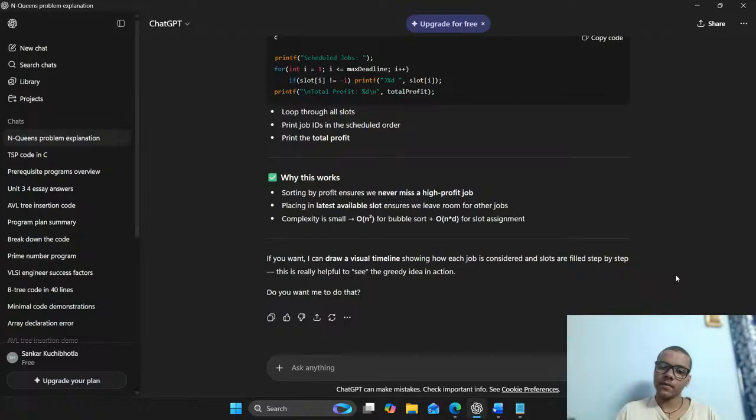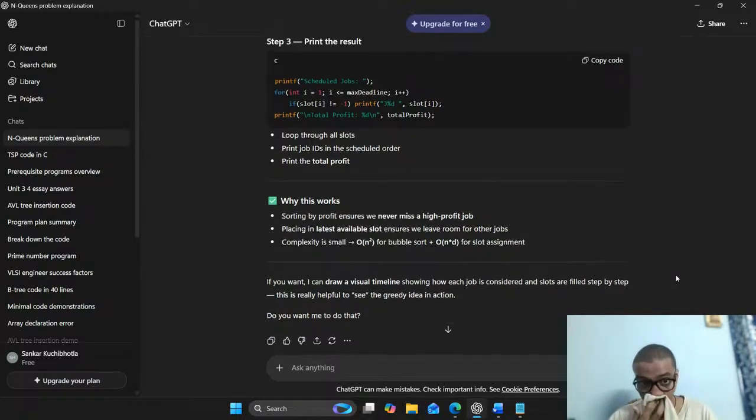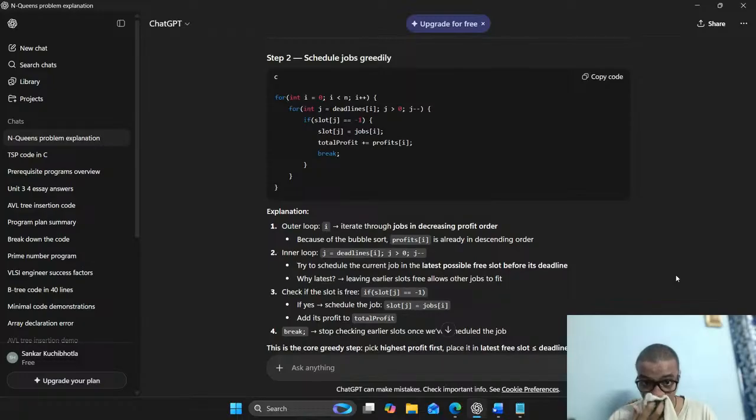You're iterating through all the jobs. So the first